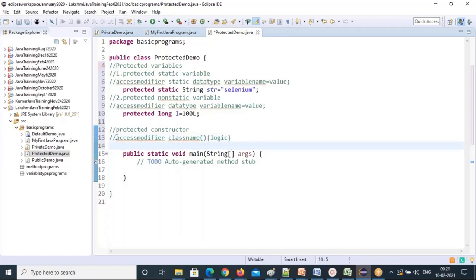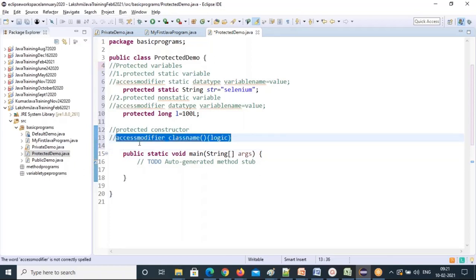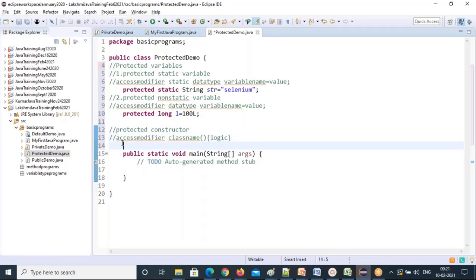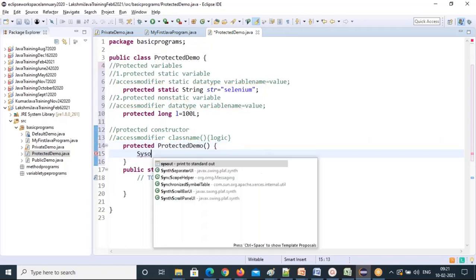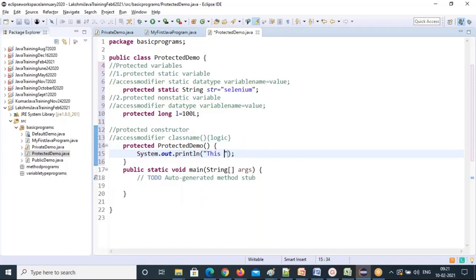Only the access modifier we are changing; you are putting protected here. The class name is ProtectedDemo. Then curly braces, and write simple logic.